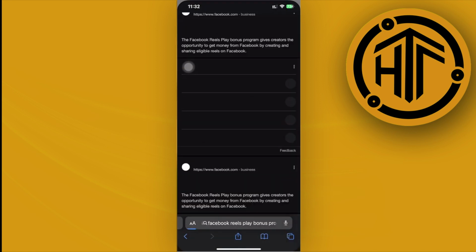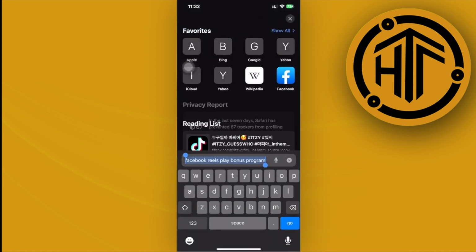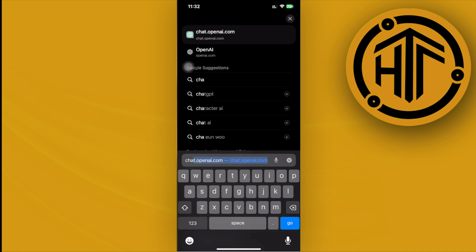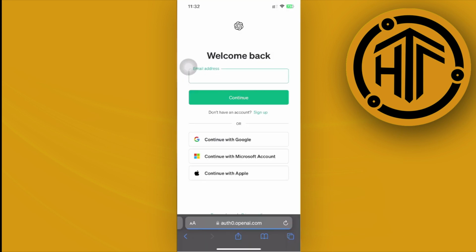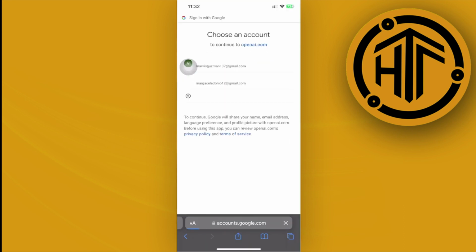So basically we could do a number of things using ChatGPT, and I'm going to go ahead and launch the website first just by launching chat.openai.com and logging in to our preferred account. Once that is already done, what we can do to utilize ChatGPT for us to earn money is, number one,